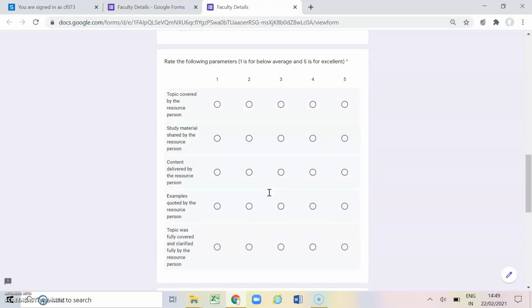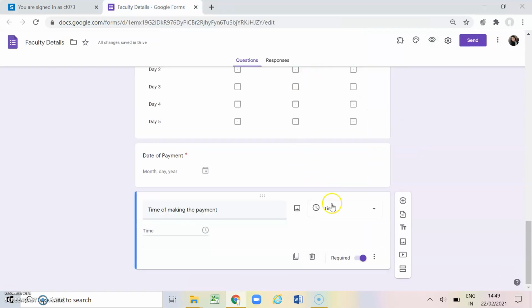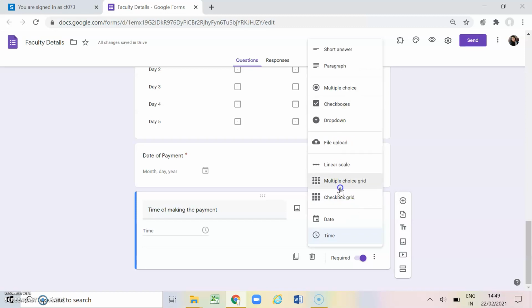Going on to the preview section, and see, this is how you can change. If I am writing I have taken the class at 11:15, accordingly you can choose AM and PM also. So this is how we can use all these options as per our need, as per our requirement, to beautify our questions, to beautify our way of collecting the information from respondents.